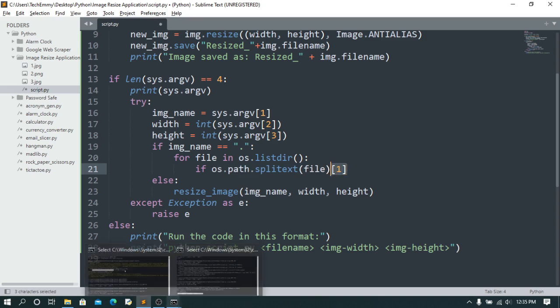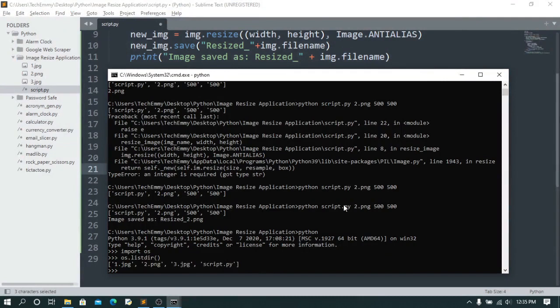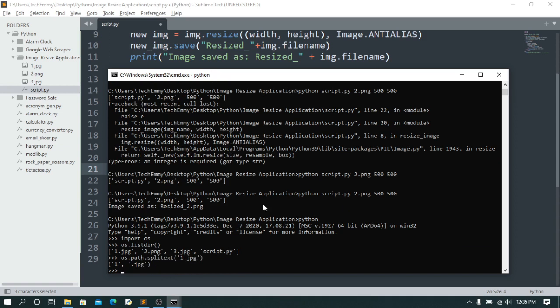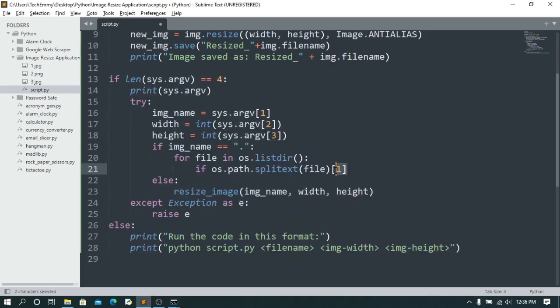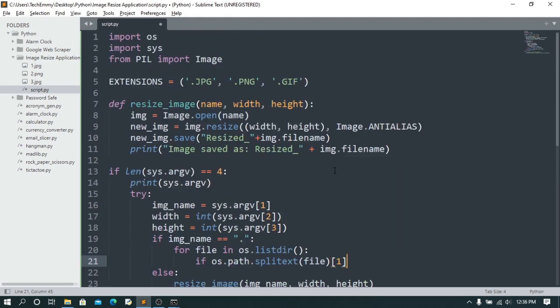So let me show you that here. Okay, so I'm gonna say os.path.splitext, let's see if it will work on the JPEG. Okay, so if I do this, as you can see, it returns a tuple, the name and then the extension of the file. So this is the one we want to get. So we're gonna do index of 1 to get the extension, and then if this extension is in here,